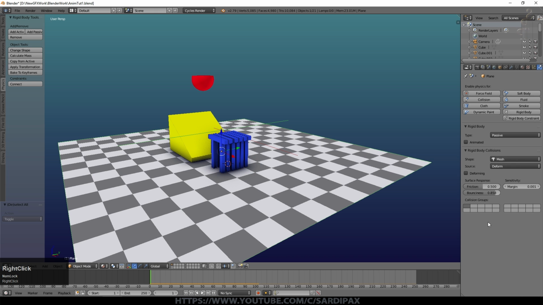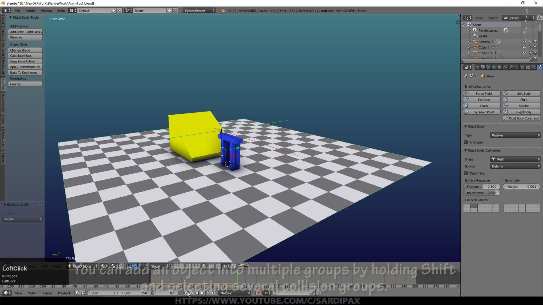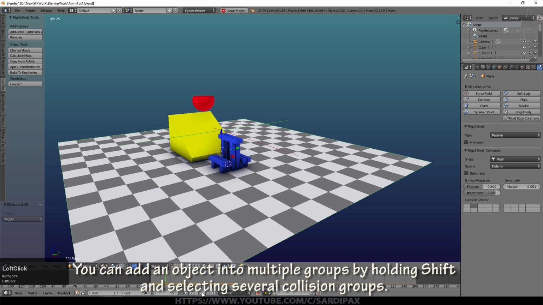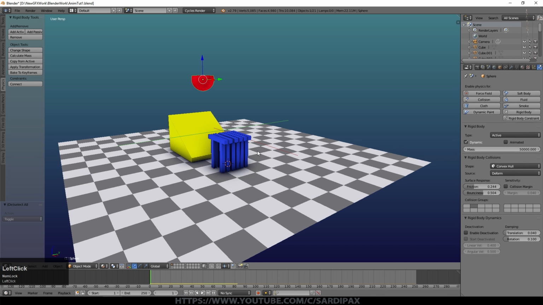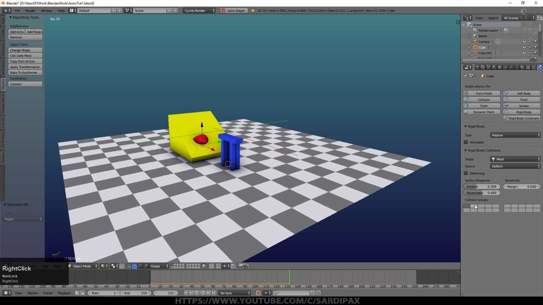So I could move the floor to the same collision group, and I think we know what's going to happen now. All of the active objects just fell straight through, except for those that belong to this collision group. I'll put the floor back to there. I'll now change this object to the second collision group. Press play, and you can see it's bouncing on the floor, but it's not recognizing the yellow shape. I've just changed the yellow shape, and now it's recognizing these. So you can have quite a bit of fun there, changing what is affected by what.